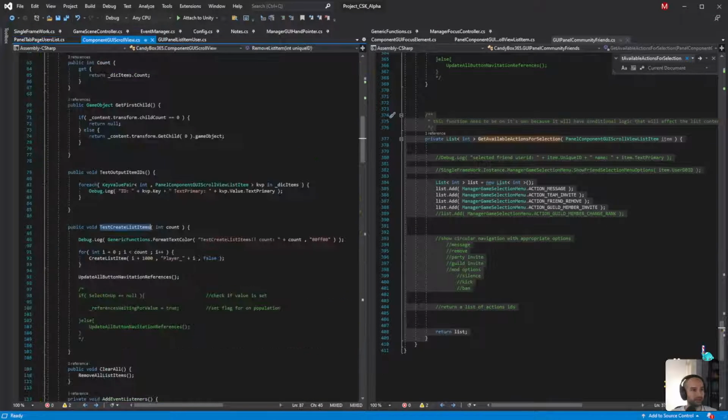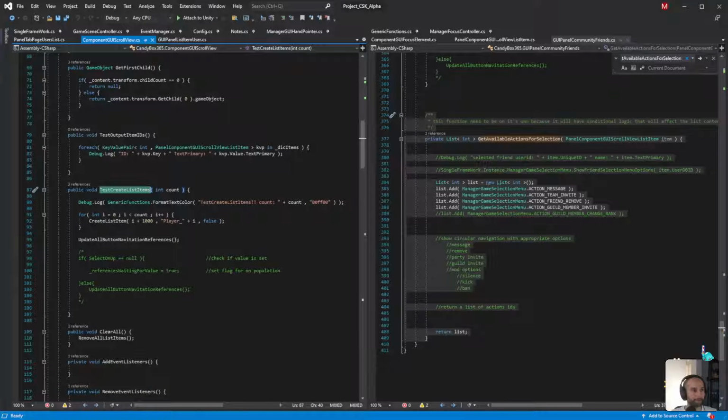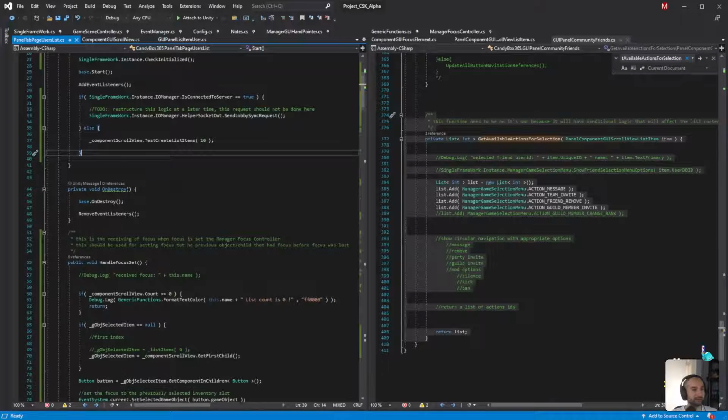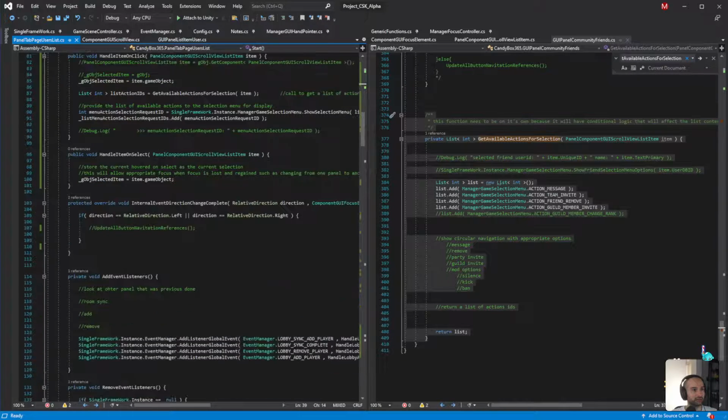So when we create test items, we need to set that. Where's that navigation function? Oh, over here. There we go.